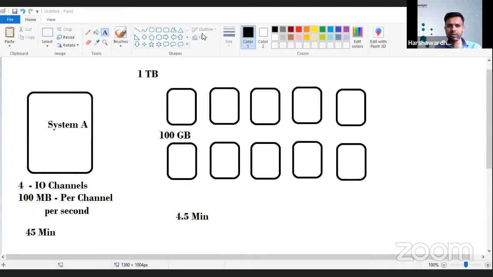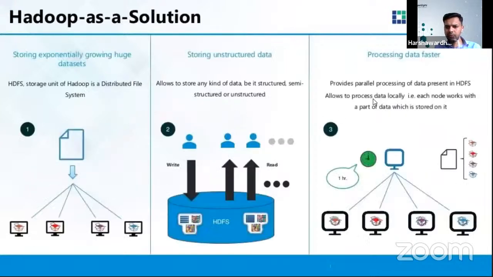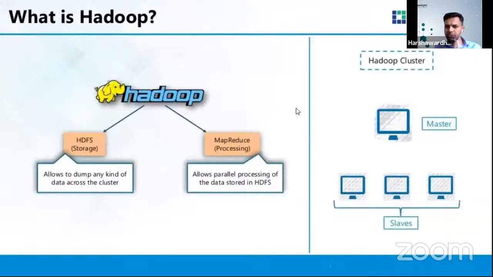But I think this must have given you some idea about how Hadoop is going to look, right? So this is Hadoop. On the right hand side, you can see there is one big machine or a master machine somewhere, right? And then there are some slave machines. So one thing to understand when it comes to Hadoop, when it comes to distributed systems, definitely there is going to be a master and slave configuration that you need to understand. So make yourself comfortable with these concepts.